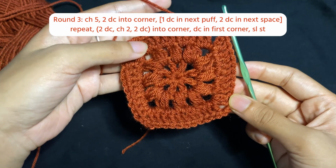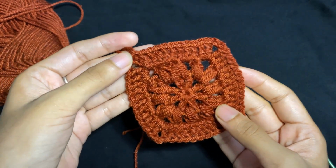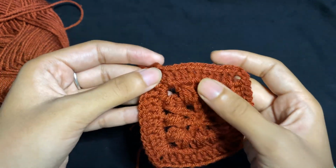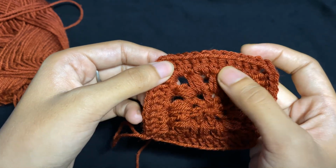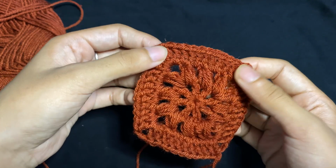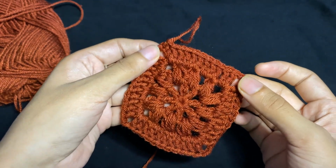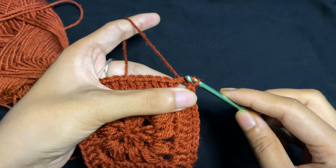That is how it should look so far. By the end of this round, you should have 44 double crochet, 11 on each side. Okay, so if you count from here, you should have 11 double crochet till this corner, and 11 here, 11 here, and 11 here. Now for the next round, we will slip stitch into the corner